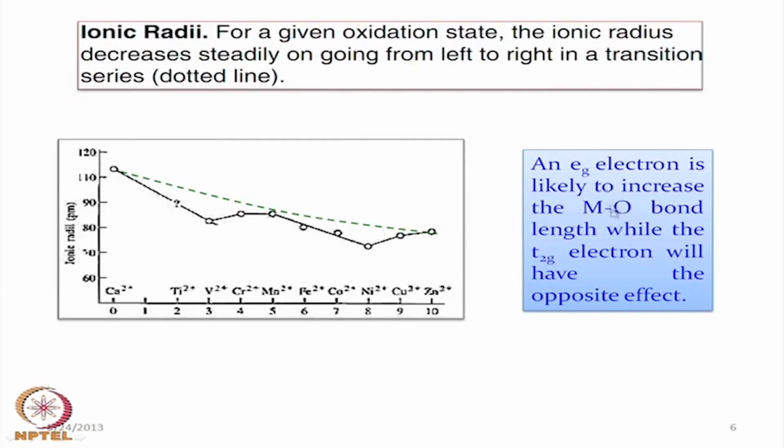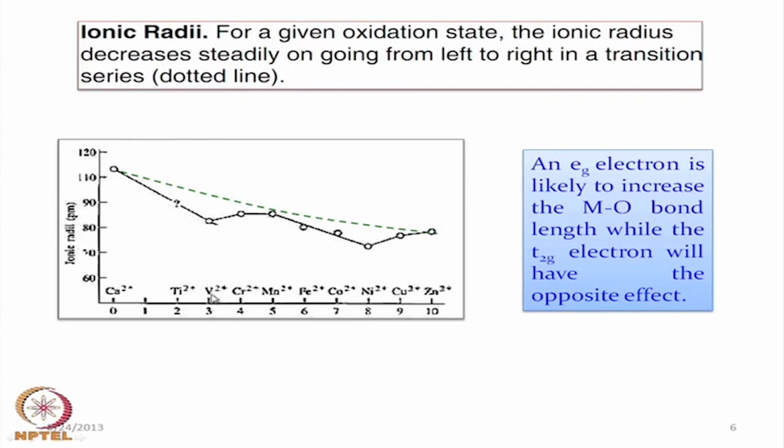The metal will have its share for its ionic radius and oxygen will have its share for its anionic radius, because if we add these two, then only we get the corresponding metal oxygen bond length. So, as this particular bond is decreasing, we are also getting a decreased value for, say, vanadium